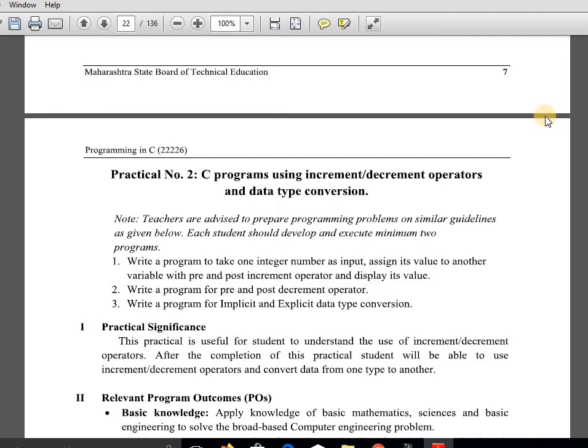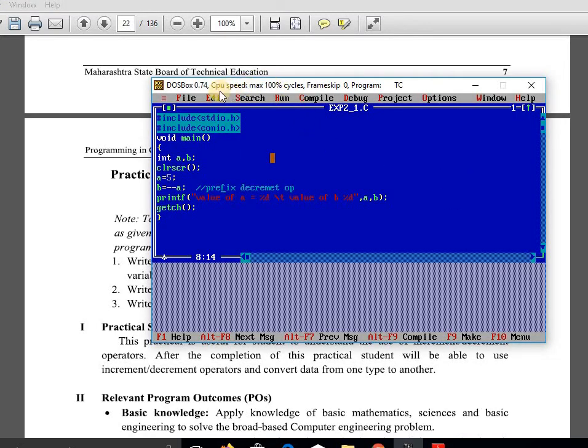Now we will see an example which will elaborate implicit and explicit data type conversion. What is the important thing about them? In implicit data type conversion, the small data type is automatically converted into the large data type without any data loss. And in explicit conversion, the large data type is converted into the small data type, so data loss may happen. Okay, now we will see an example which elaborates this concept.